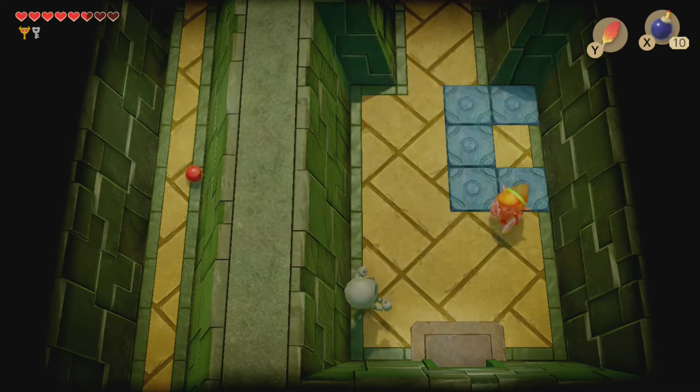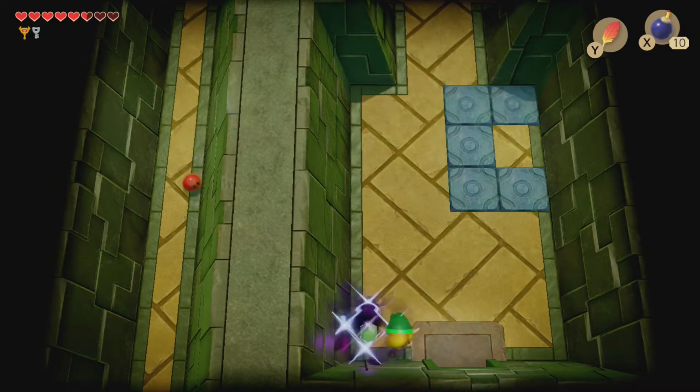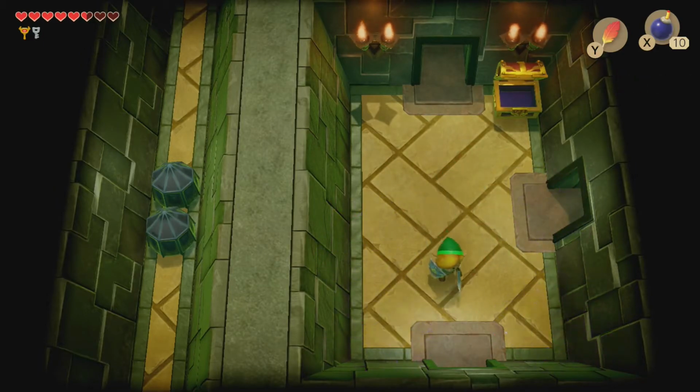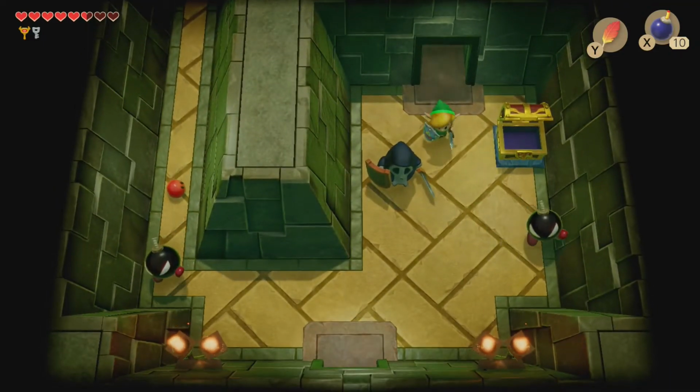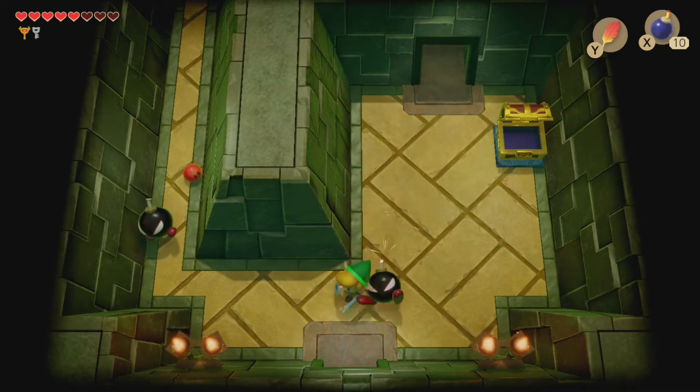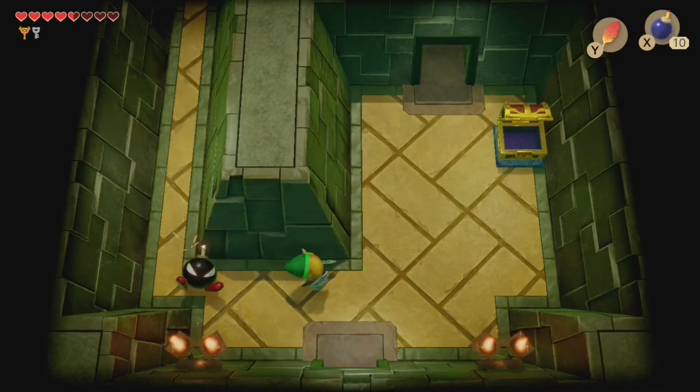Because once you do, now it actually matters, because we'll be able to get to that slime right there. So loop around if you can, as fast as you can. We don't want the Stalfos to respawn. So once you deal with them, and deal with these guys,